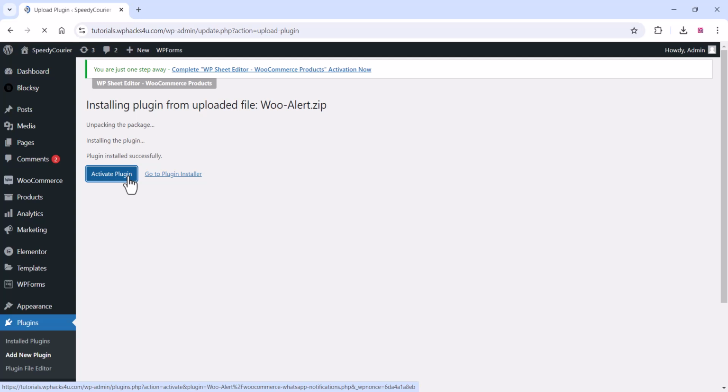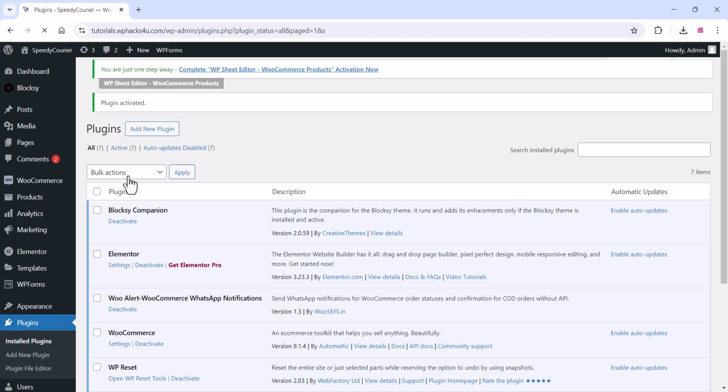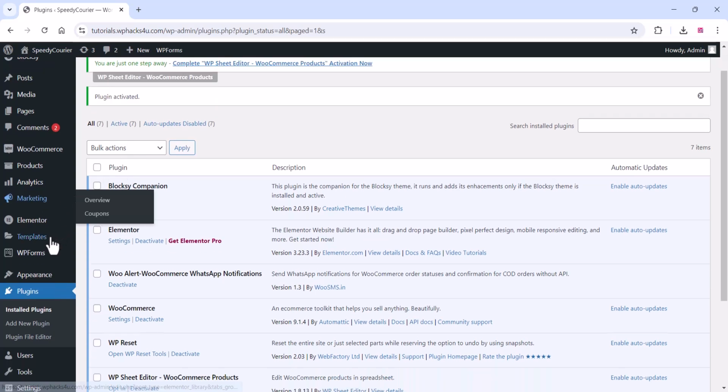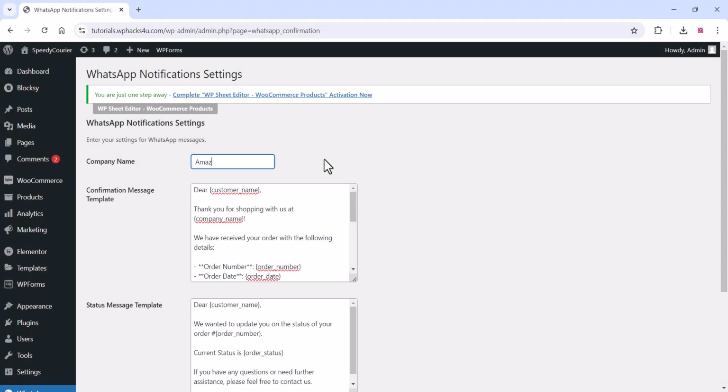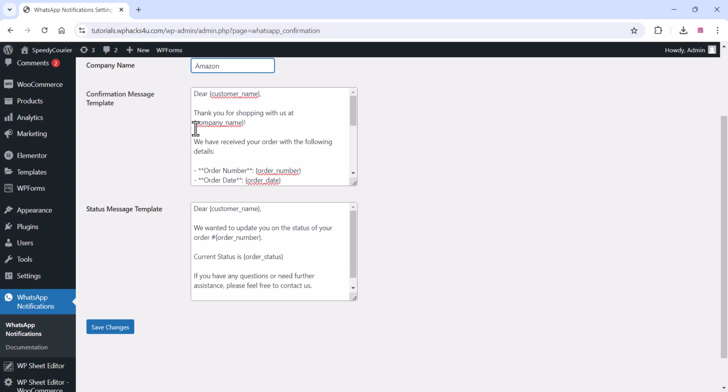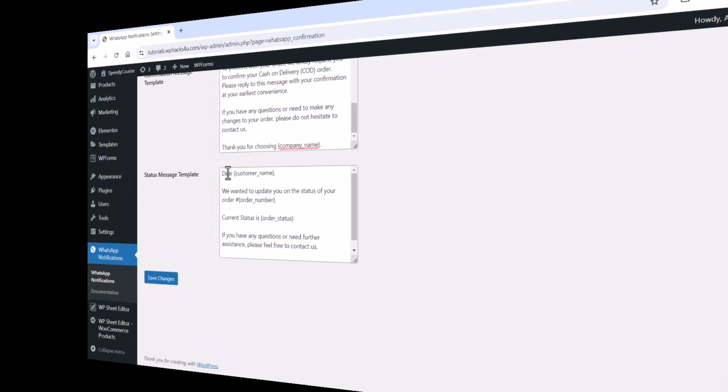Once the plugin is activated, you can do the plugin settings. You can see the plugin settings here on the sidebar. Click on the WhatsApp notification and here you can add your company name and you can edit all the message